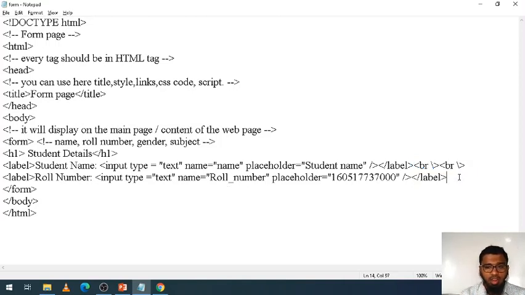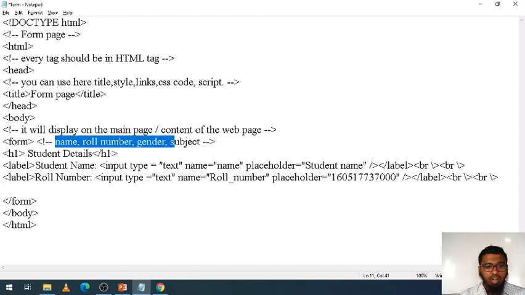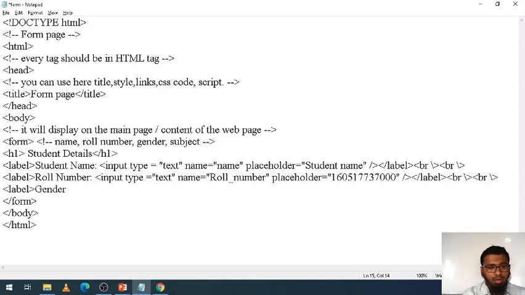Next, here also I need to write the same thing, so I will copy and paste it here. So the two things I finish. What did I finish? Roll number and name. Now I will do the gender, label. Now gender. Okay,